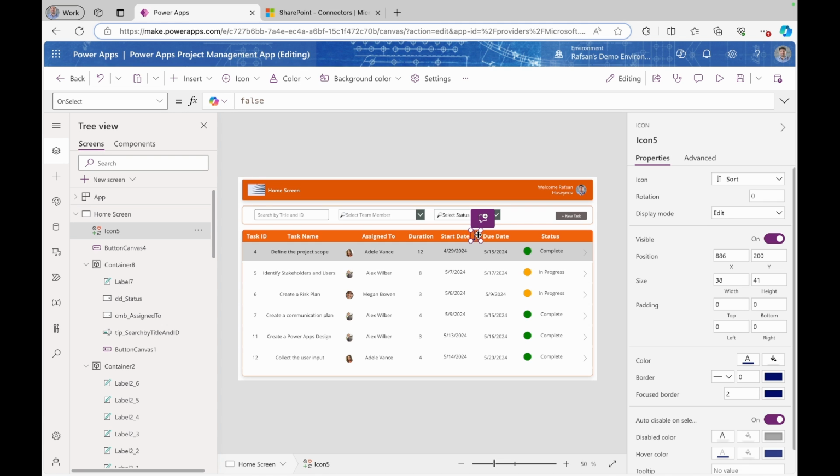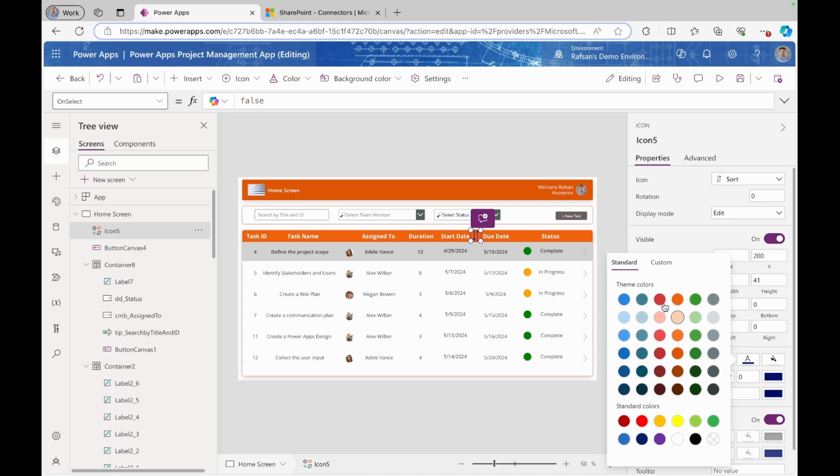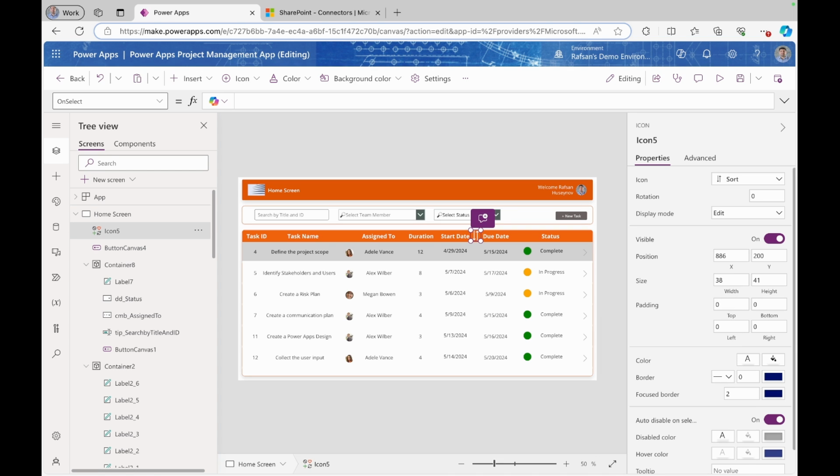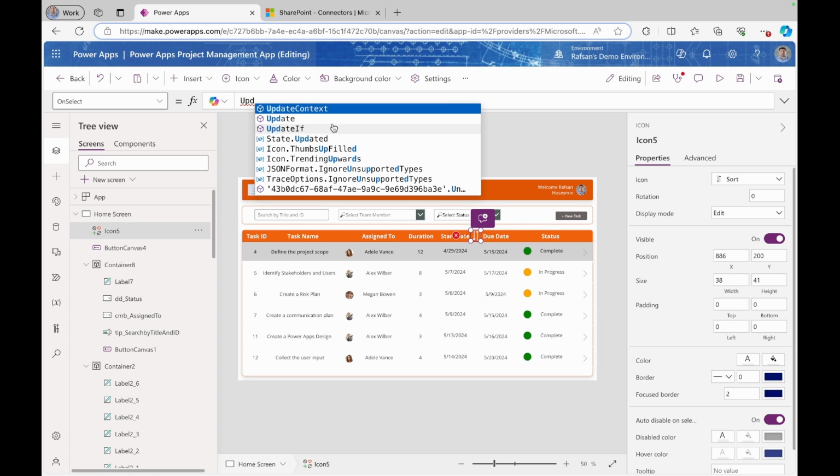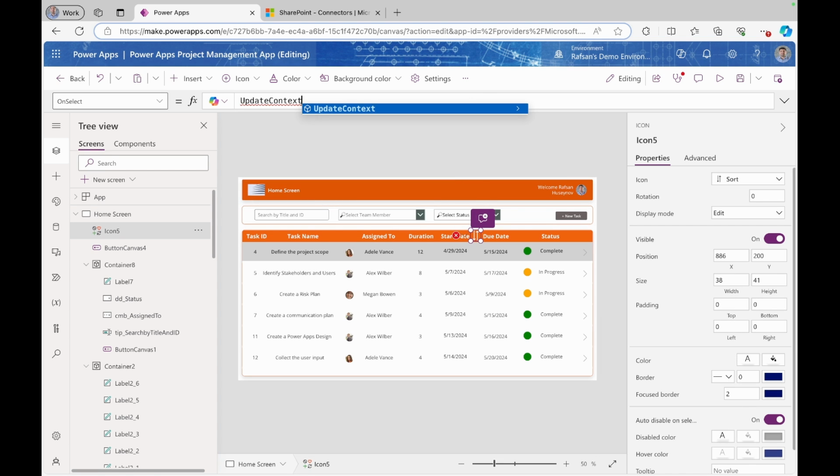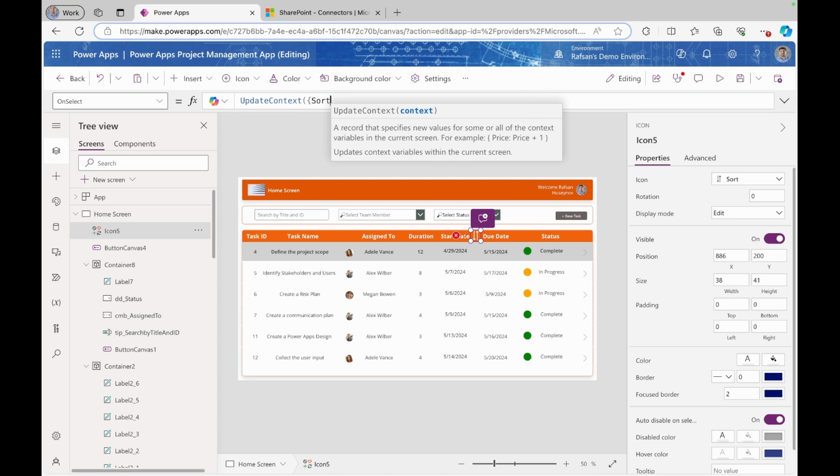Come here and change the color to white. On select, I will say UpdateContext, open parenthesis, then curly bracket. I will say sort descending, maybe 1,